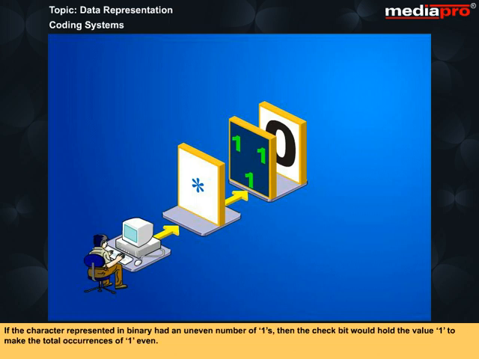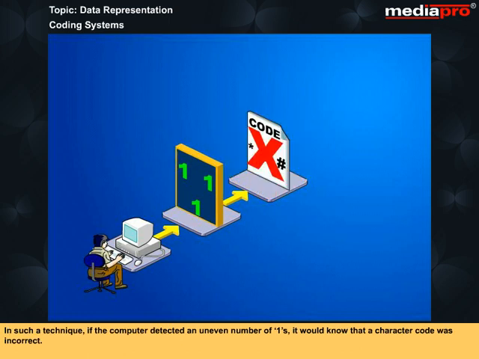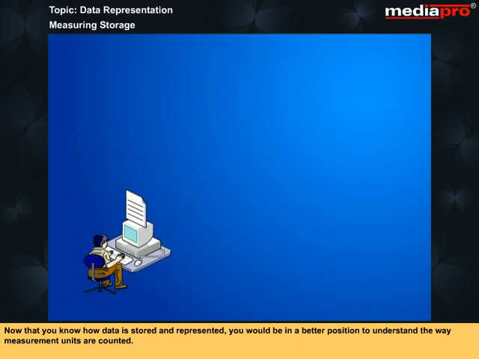If the character represented in binary had an uneven number of ones, then the check bit would hold the value 1 to make the total occurrences of 1 even. In such a technique, if the computer detected an uneven number of ones, it would know that a character code was incorrect. Now that you know how data is stored and represented, you would be in a better position to